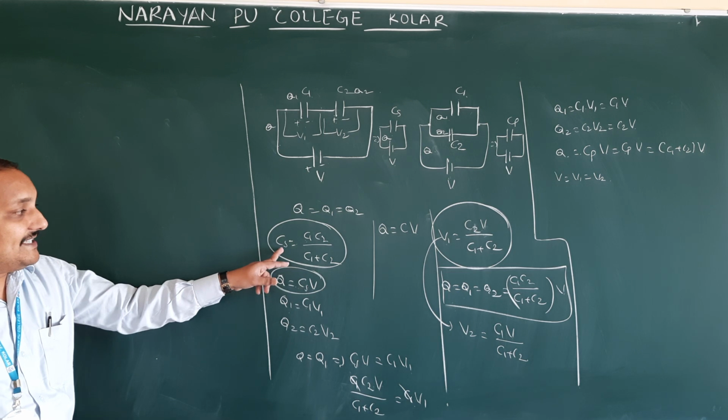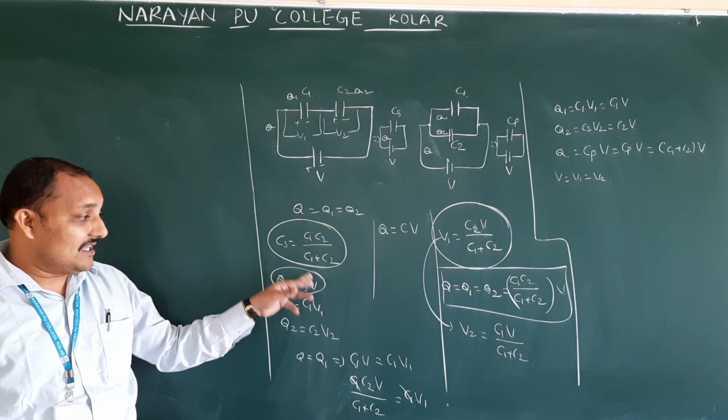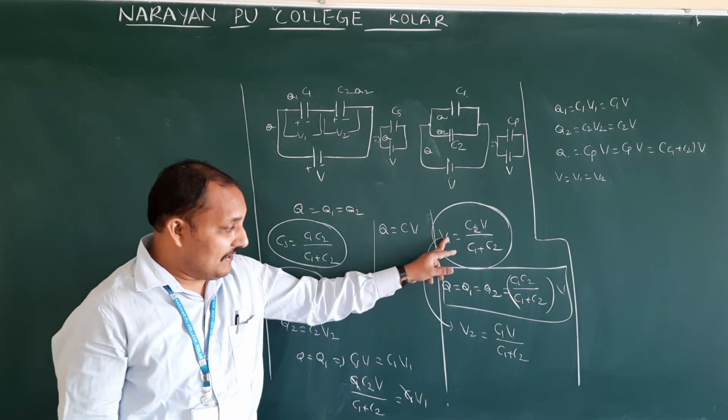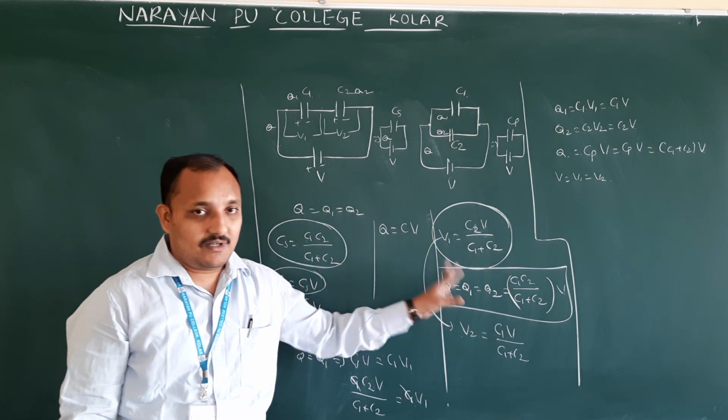First we have to find CS. While finding CS, see carefully what will come in the denominator, otherwise you will make a mistake. I want V1, V2, V3, and the charge Q, Q1, Q2, Q3 will all be the same.